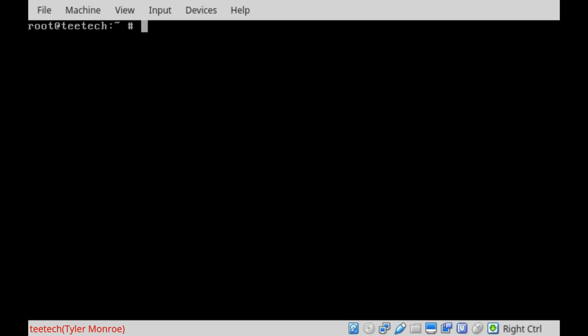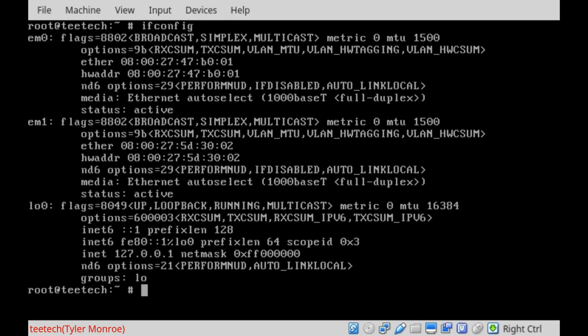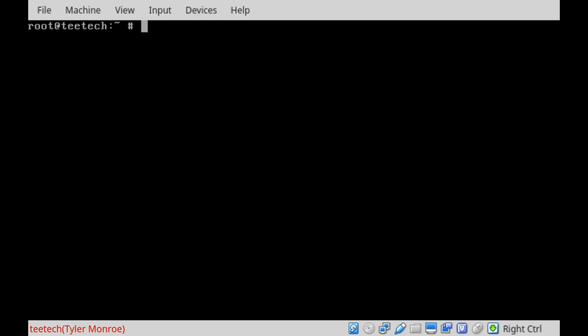So to begin with, we're going to run ifconfig, and what I want to talk about is EM0 here. That interface corresponds to our LAN network from our diagram, whereas EM1 corresponds to our WAN. Now, we're going to configure those IP addresses on the interfaces first. We configure these with vi, which is a text editor, and this is in /etc